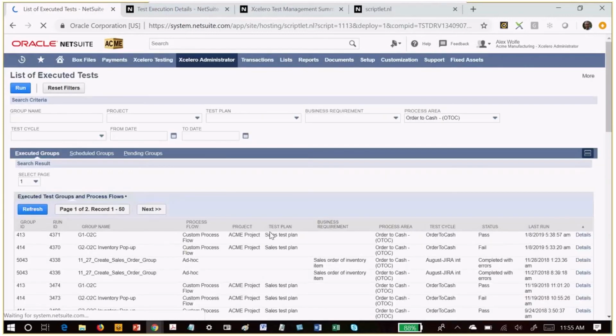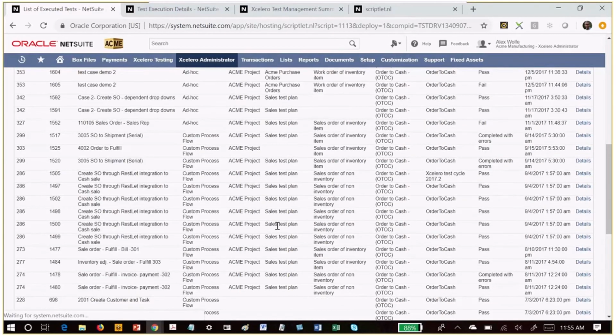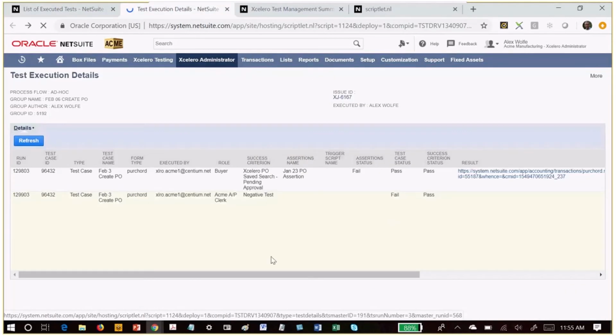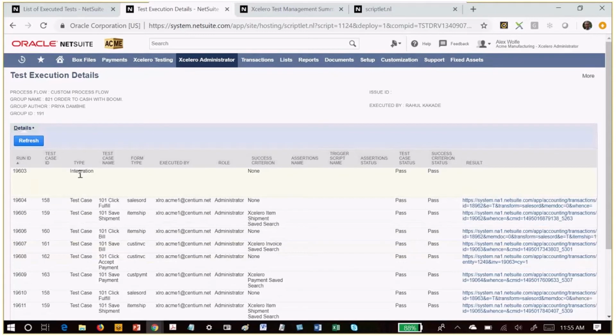So I probably don't have time to go into a lot of depth here, but if we look at an example, this is an order to cash scenario which was facilitated by a Dell Boomi iPaaS integration. In the first step, we ran the integration and brought in opportunities that were closed won, and then we took the sales orders, say 2 sales orders, through fulfillment, shipping, billing, and customer payment. We did that for one sales order first,